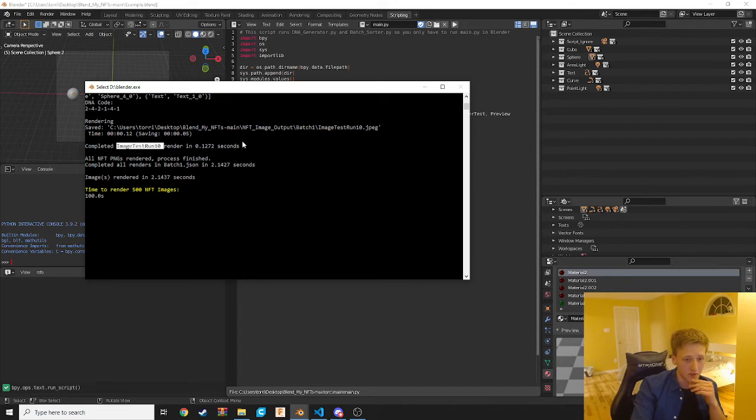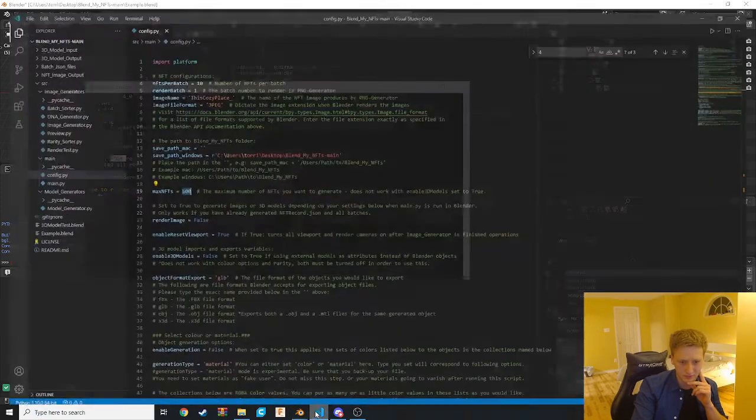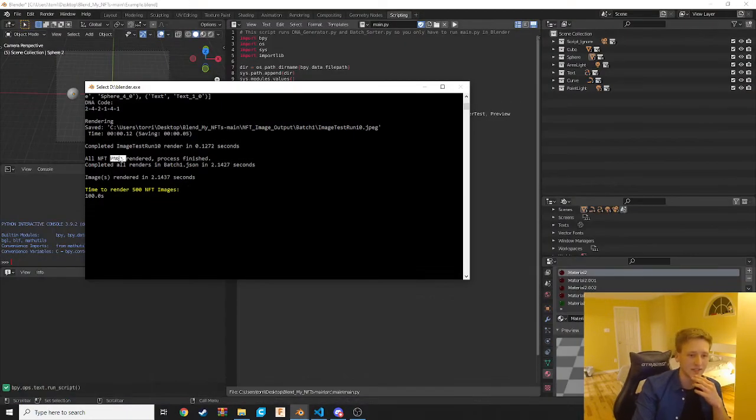So it says completed all images in test render. Oh wait, no. It says all NFT PNGs should be JPEGs. Okay, I gotta fix that. They should be generated as JPEGs, but I gotta fix how that string works. Completed all renders in batch 1 JSON in 2 whatever seconds. And then it spits out this time here, and it says how long it would take to render 500 images, and that's in seconds,